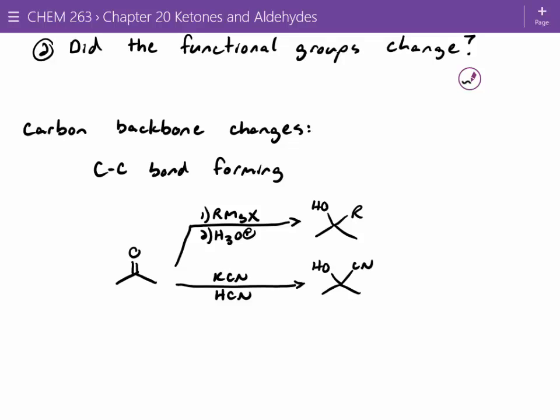Does anybody remember? It's got cyano in the name. Cyanohydrin. So we'll cover a lot of cyanohydrin derivatives next chapter when we cover carboxylic acids, but it's an important carbon-carbon bond forming reaction. The last carbon-carbon bond forming reaction we talked about